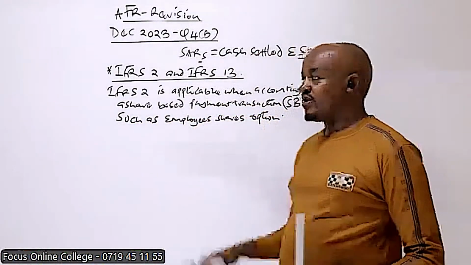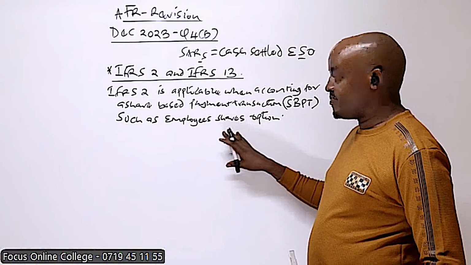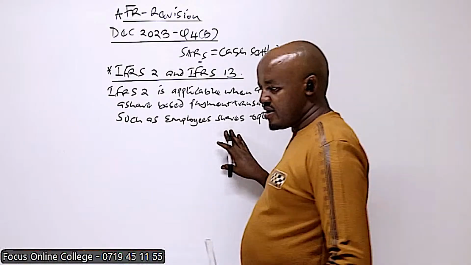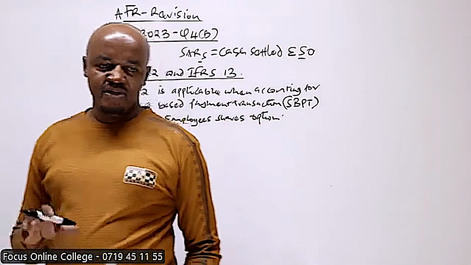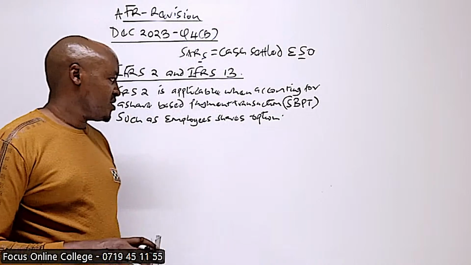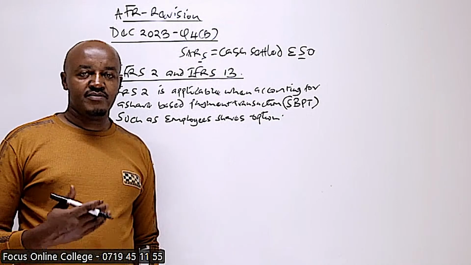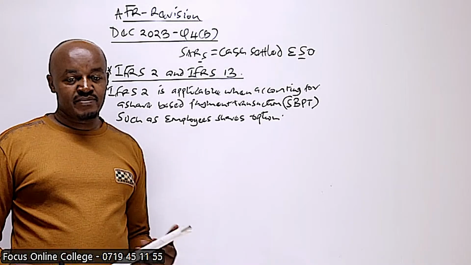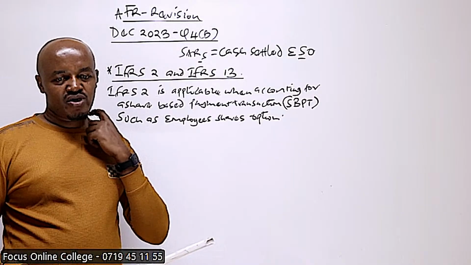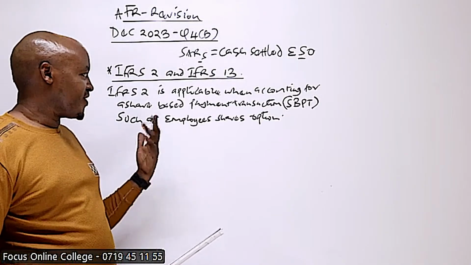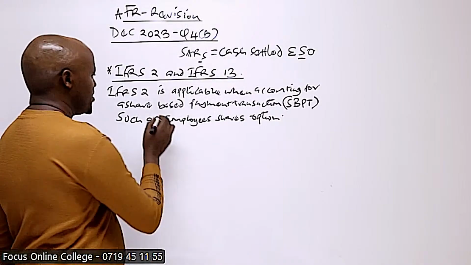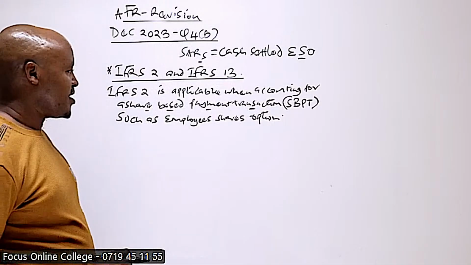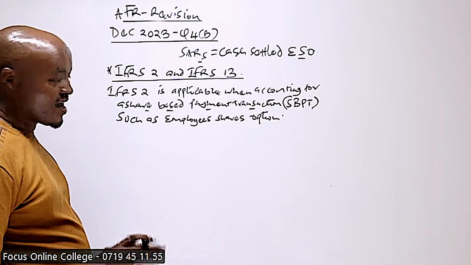This is whereby the employees have been promised by the company to be paid cash or a bonus in the future, which will be equivalent to the market price or the fair value of the company shares in the future. Alternatively, the company may give the employees a privilege or right to buy the shares of the company in the future at a price below the market price. That is an employee share option. It is a good example of a share-based payment transaction, and that falls within the scope of IFRS 2. It should be accounted for in accordance with IFRS 2.